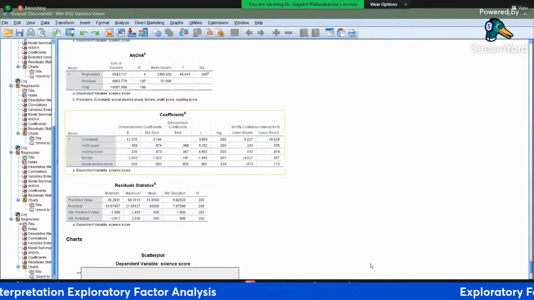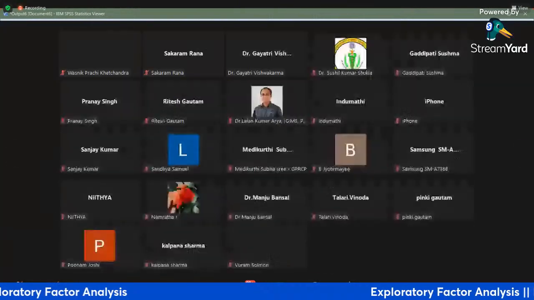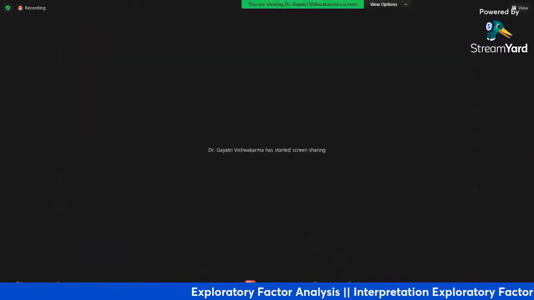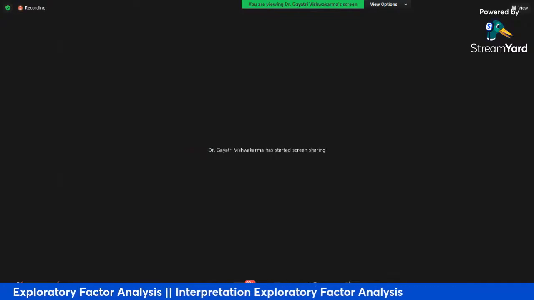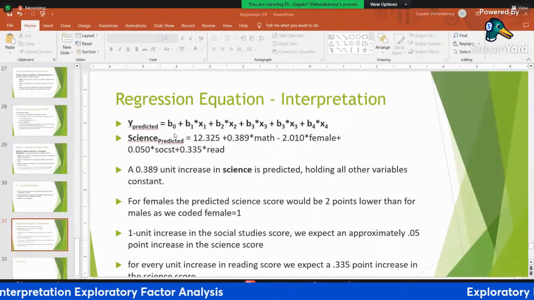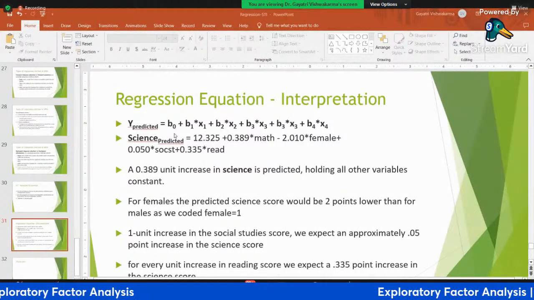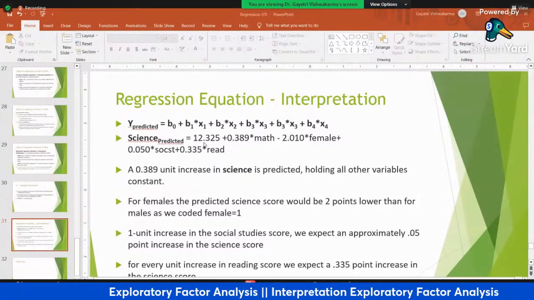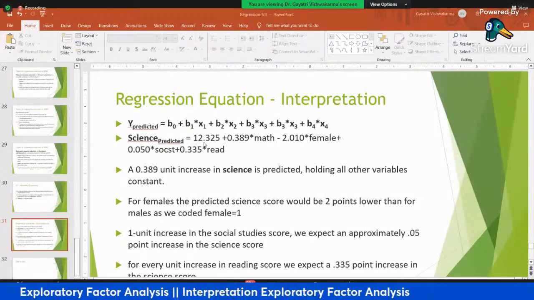Now for the interpretation, I'm going back to this PPT and you can see how you have to write. Can you see this? This is how you have to write your equation, that you are predicting the science score as 12.325 plus so on. That's how you have to write it.